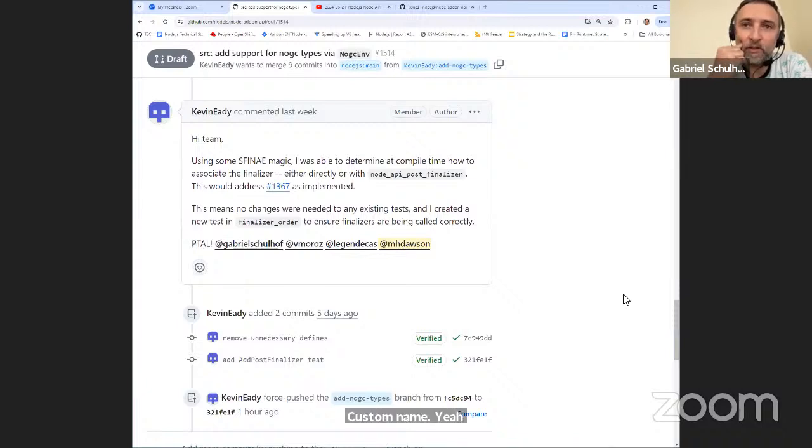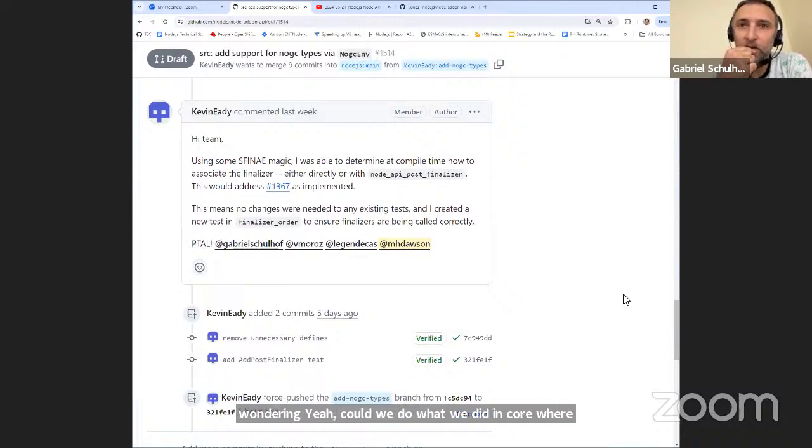I'm wondering, could we do what we did in core, where we define the env as the no-GC env if they have chosen in core to have no-GC env?